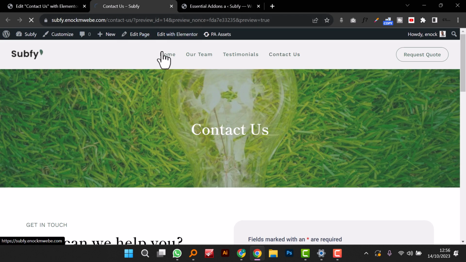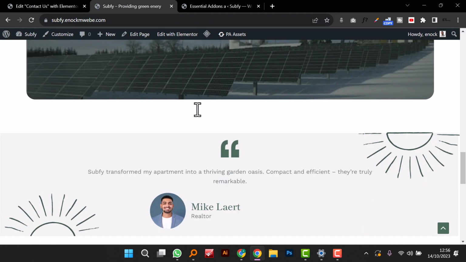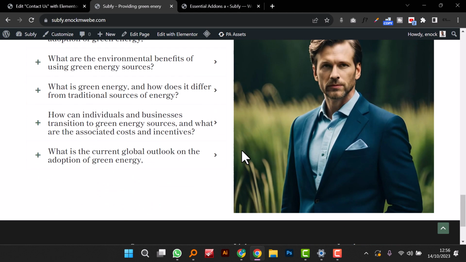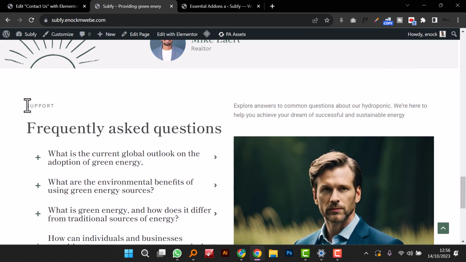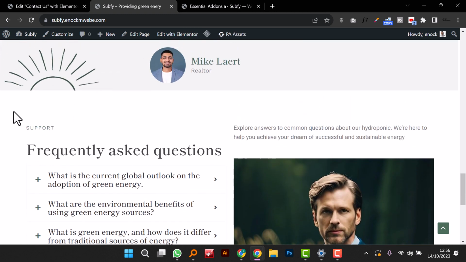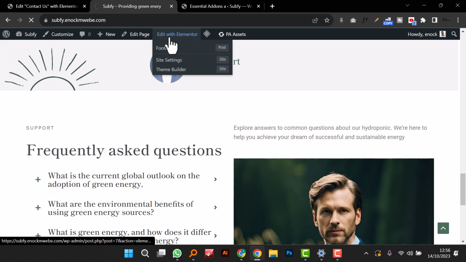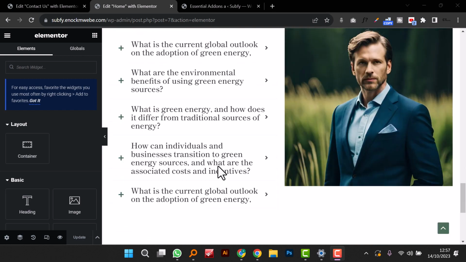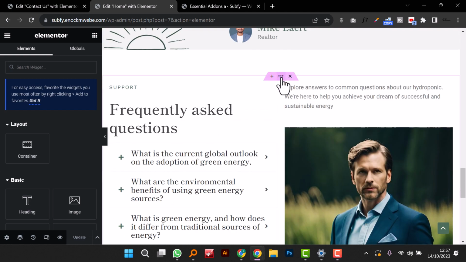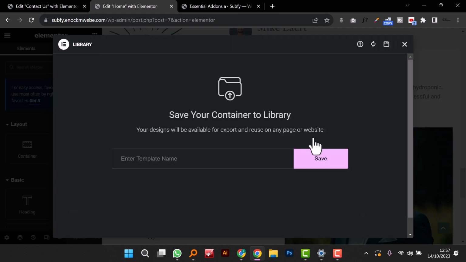Now when you go to the home page, I want to transfer this to our contact us page. Because it's support related, on a contact us page I think it's really important that it's there. So let's hover into the settings of Elementor, and open up the page with Elementor. Then we extract that section and import it on the other end. Okay, so we're here now, and where's the section? This is a section. So I'm gonna right click on it, then click save as a template,